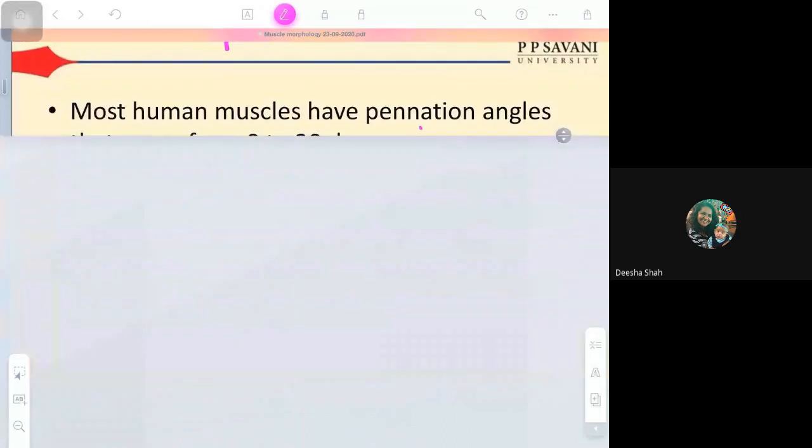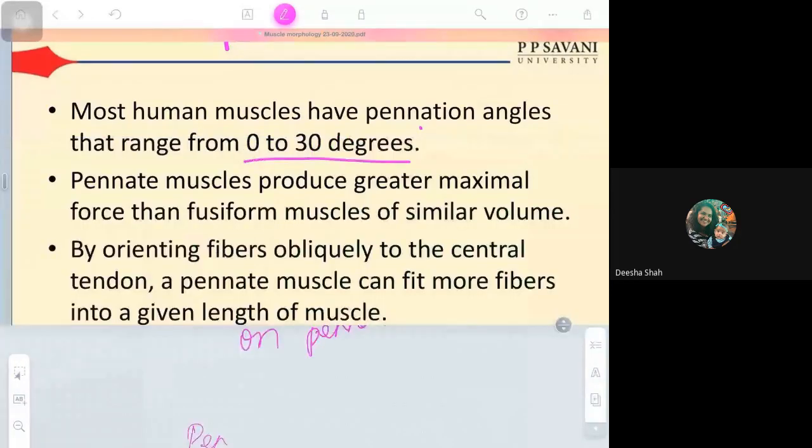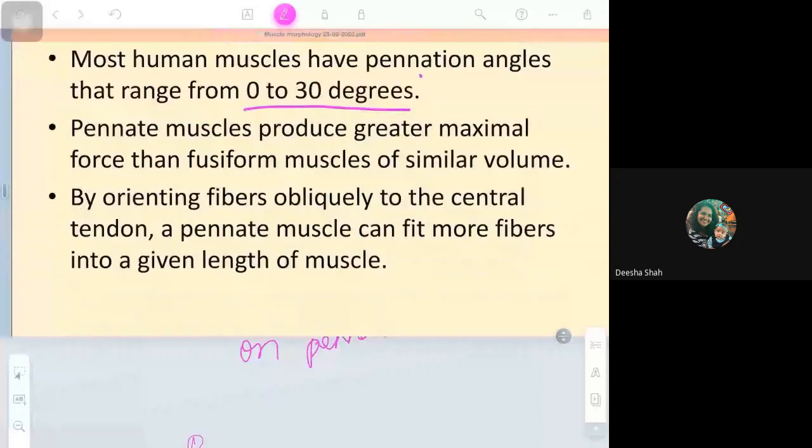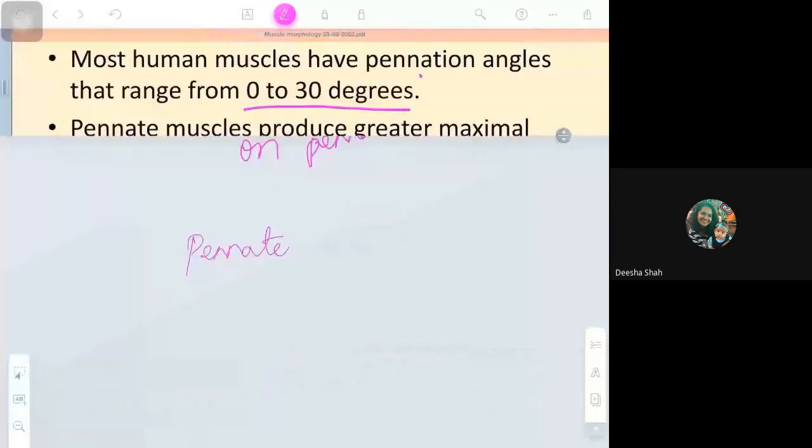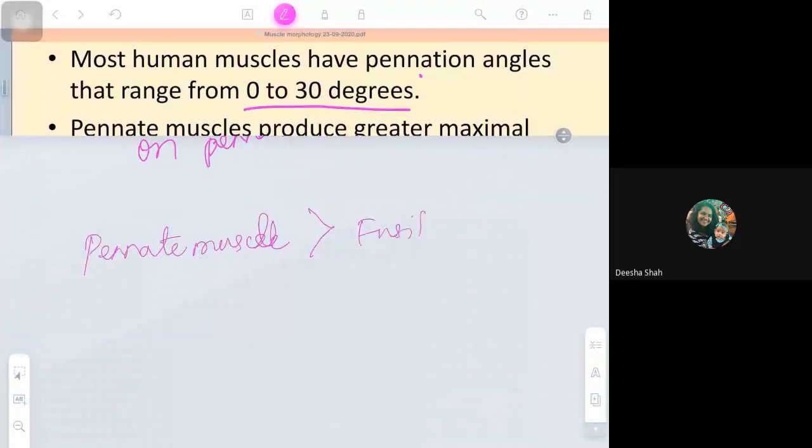What I want to say is, pennate muscle produces greater force than fusiform muscle. Why? What is the reason? Because